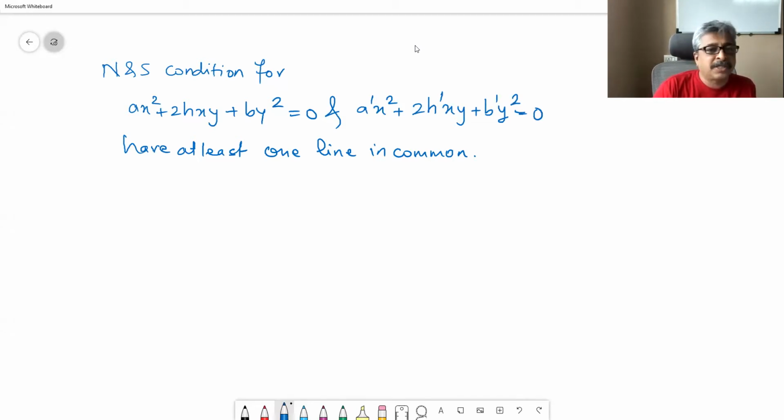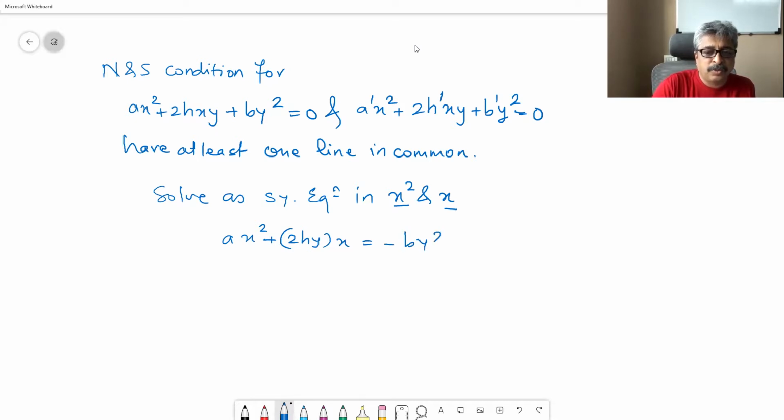we should solve these two equations as simultaneous equations in x square and x. These are the two variables that we have, and we know how they are related to each other. Therefore, if I want to solve simultaneously, I will write it like this: x square plus 2hy times x is equal to minus by square, a dash x square plus 2h dash y x is equal to minus b dash y square. And therefore, x square is equal to by square into 2h dash y